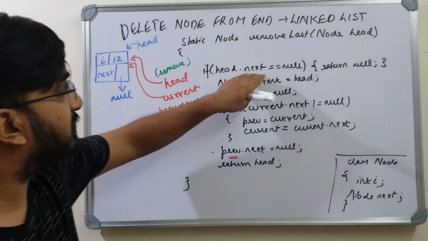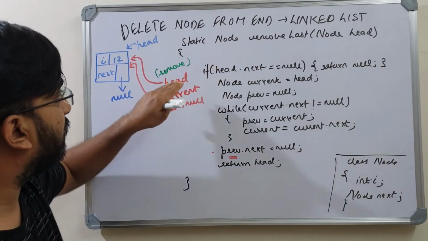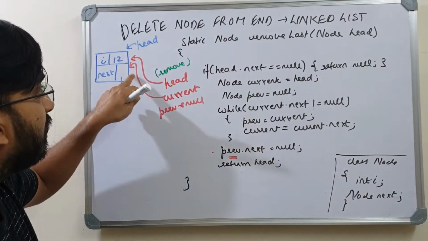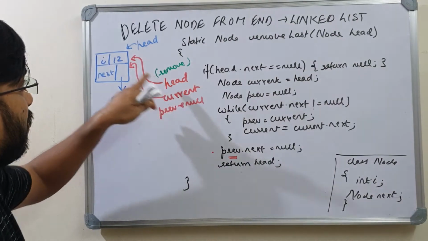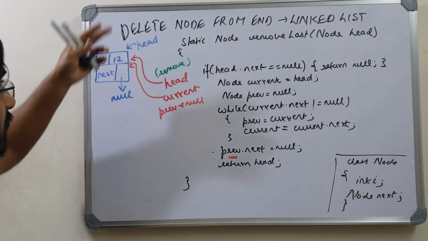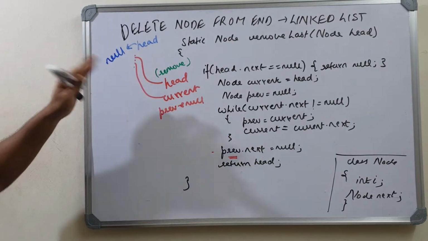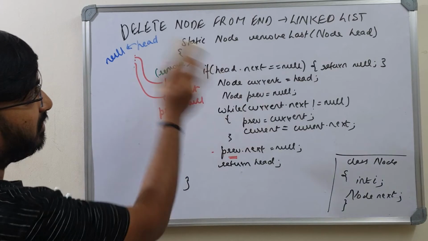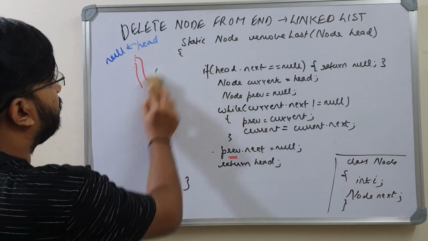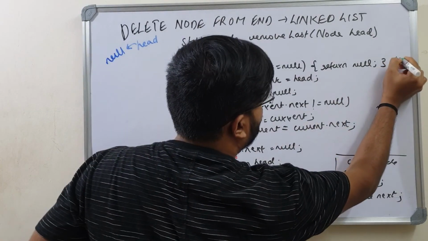So after we add this check and we try to run this again, with this head that comes into this method, the head in this method is pointing here. You say head dot next is null. If this condition is true, you return null. Head dot next is null, this condition is true, you return null. So head in the main now points to null. That is, the list became empty now because you removed the only node. And since you return from the method, you lose references to all these local variables. So this is the first check that you need to add.